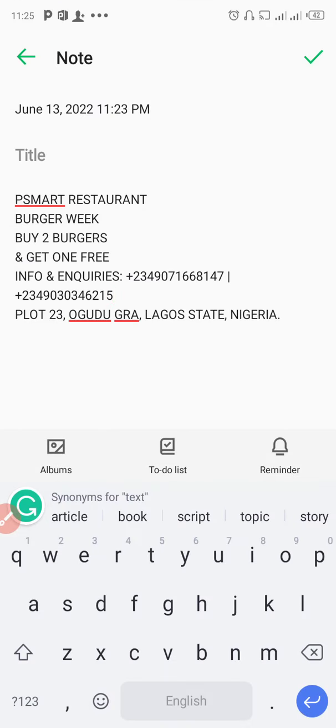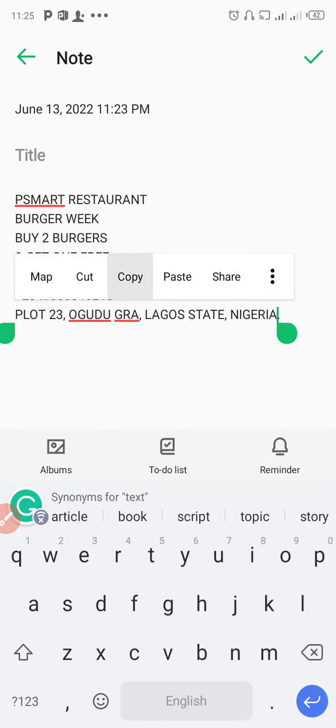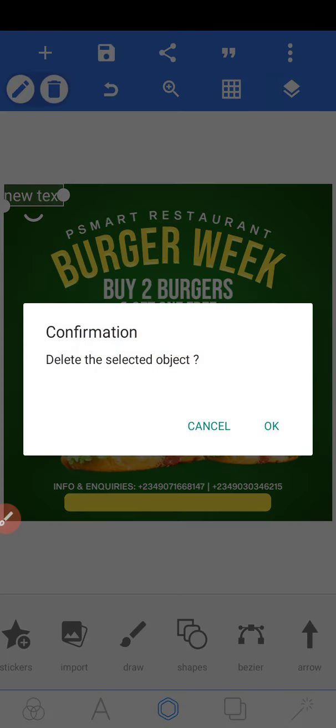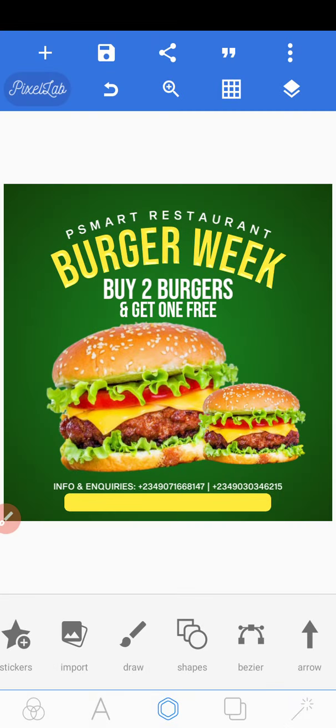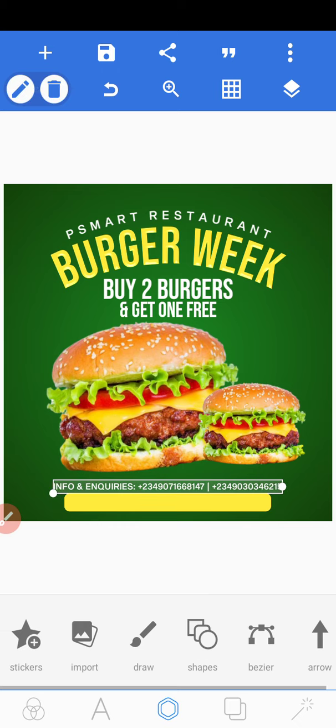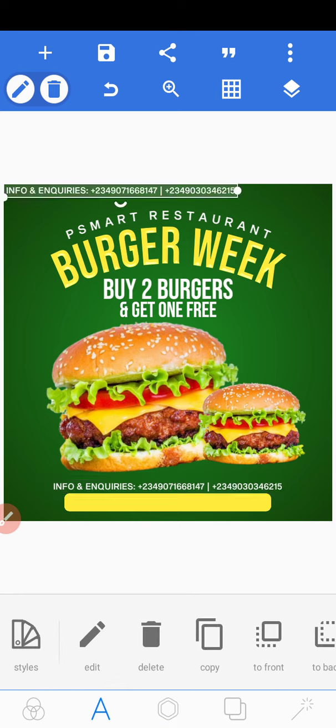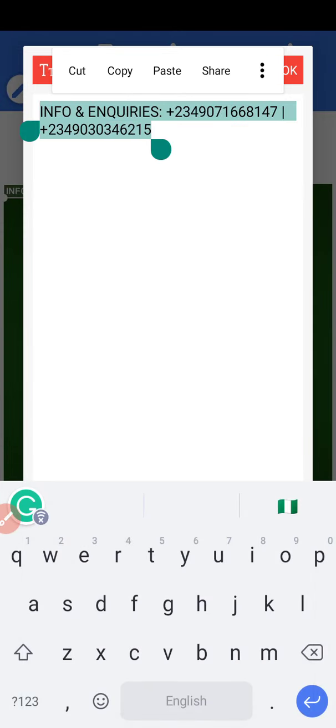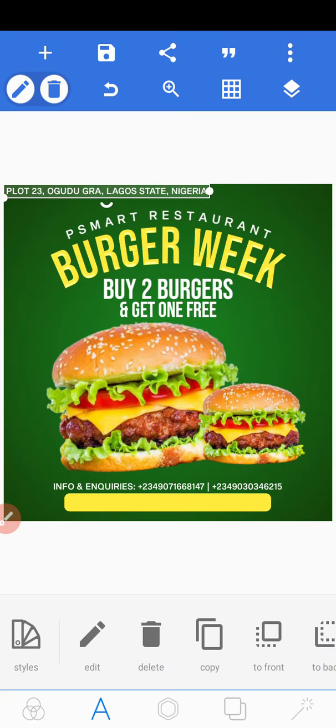We are almost done guys. I'll select this. Okay, let me delete this first one, then select the one we use for this to save time. Let me copy this. Come back to text, copy. You can double tap on this. Then I'll paste the address there. The reason why I did that is to maintain the same font